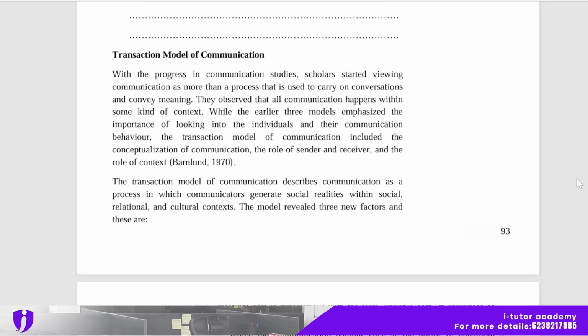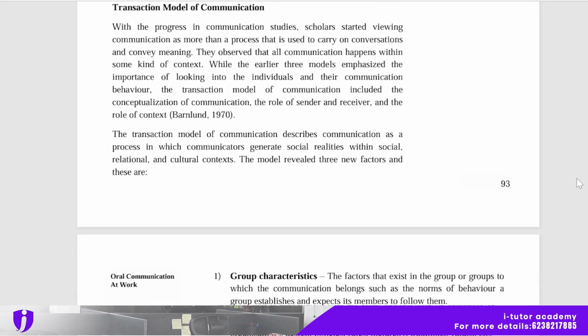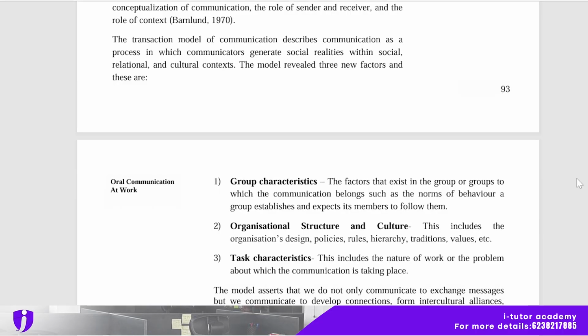And now the transaction model of communication. With the progress in communication studies, scholars started viewing communication as more than a process used to carry on conversations and convey meanings. They observed that all communication happens within some kind of context, while the earlier three models emphasized looking into the individual and their communication behavior. The transaction model of communication includes the conceptualization of communication, the role of sender and receiver, and the role of context. The transaction model describes communication as a process in which the communicators generate social realities within